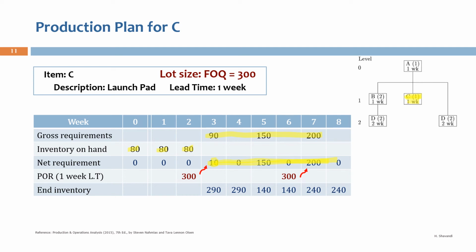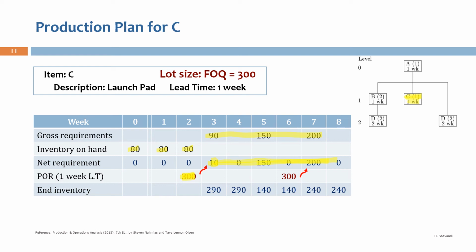And the lead time is 1 week, so we need to go 1 week back and start producing C in week 2. But the lot sizing rule is fixed order quantity of 300. So we need to produce 300 items here. And the end inventory at the end of week 3 will be 290 because we need 10. We will have 300, so 290 will be in our inventory at the end of week 3, and